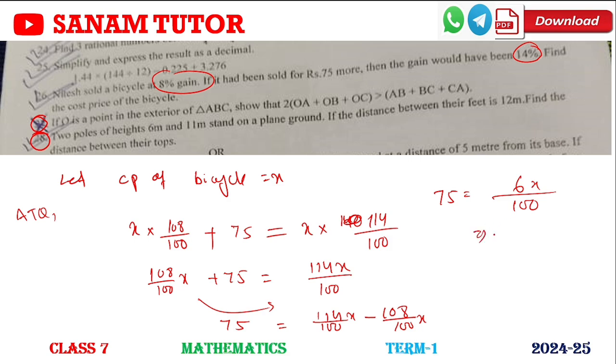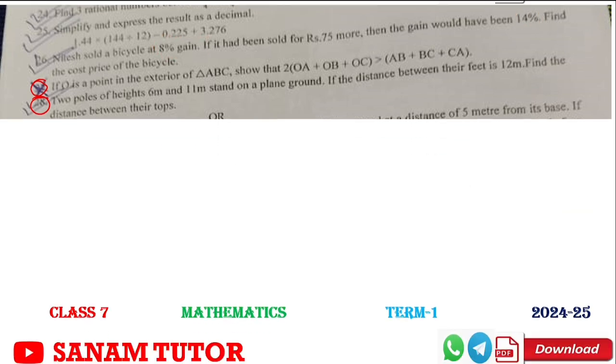So that implies x equal to 75 into 100 by 6. So 2 50, 2 3s are 6, 3 25, 25 5s are 125. So the answer is 1250. Okay, so the cost price is 1250. Next question,